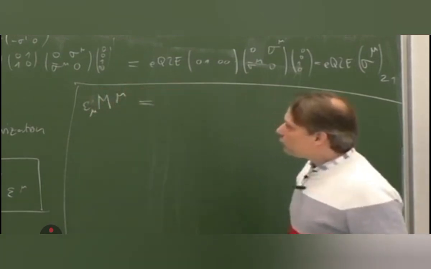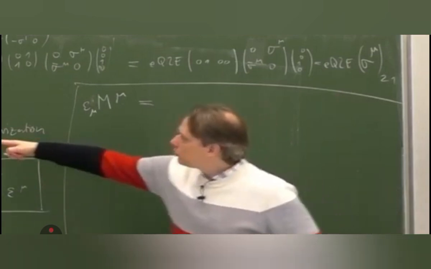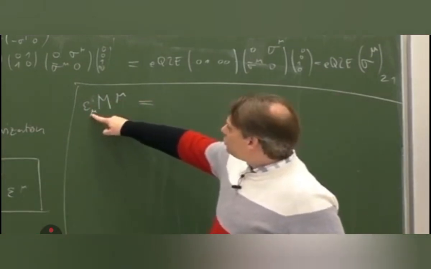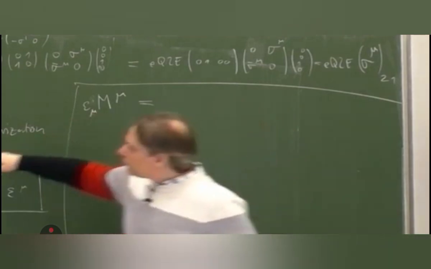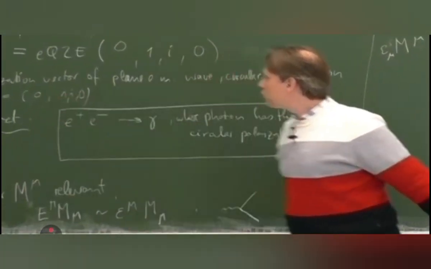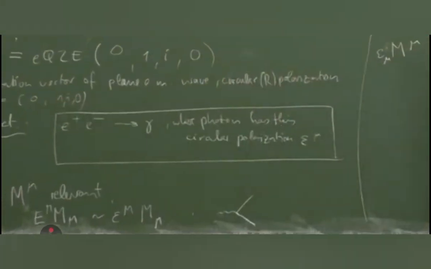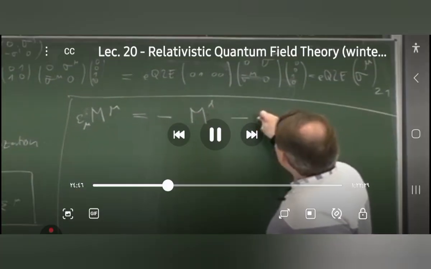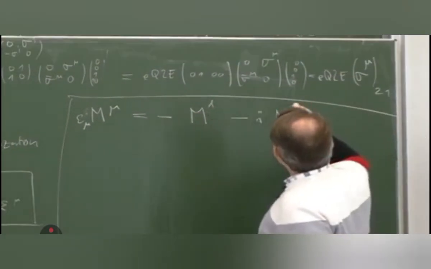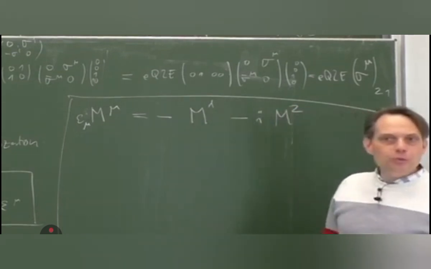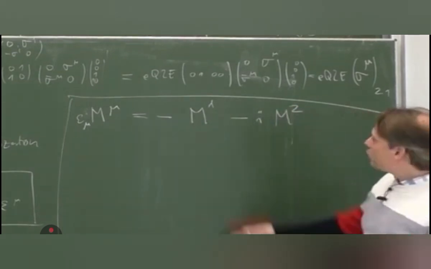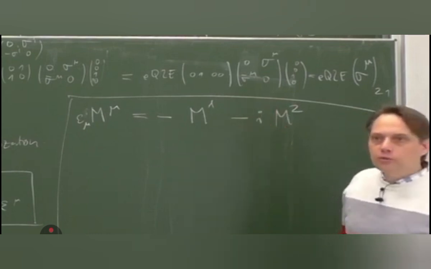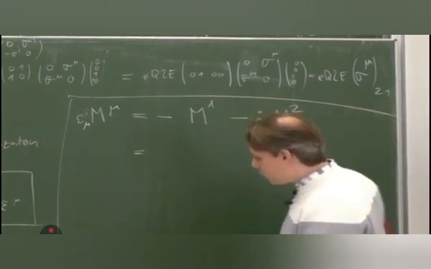Then, that is epsilon. So what do we get? You have to watch out that we have a lower index now, so we get a minus here in front of the spatial components, and so we get -1 times m with index 1 minus i times m with index 2. That is what we get. And so from the muon line, only those two components are actually relevant. Let's work it out a little bit further.